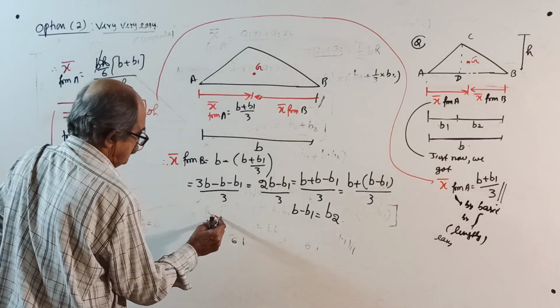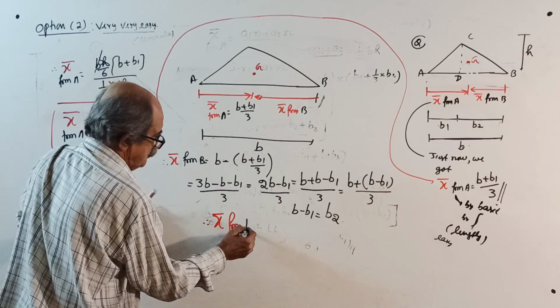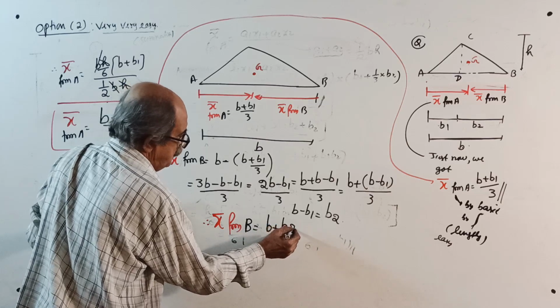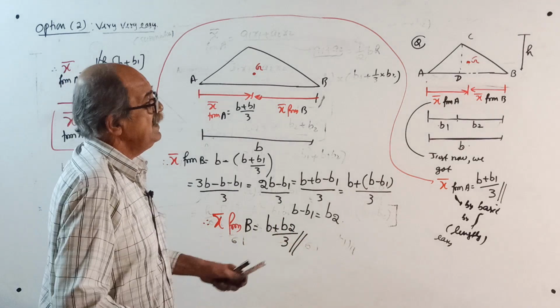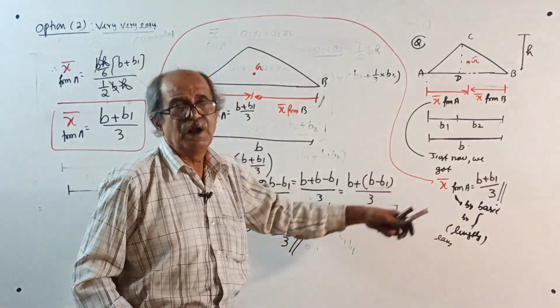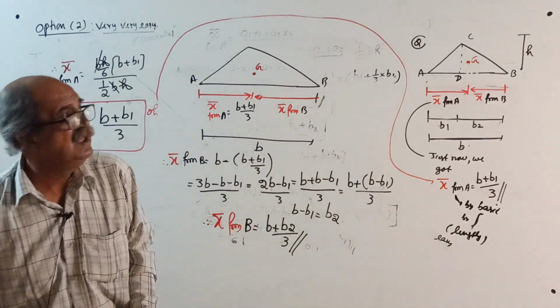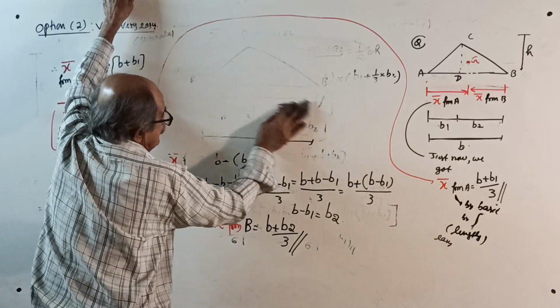Therefore, x bar from B equals b plus b2 by 3. Both are integration answers. First you got x bar from A, and this is valid for integration also. See, the concluding part of today's class will be: